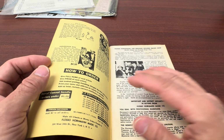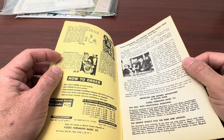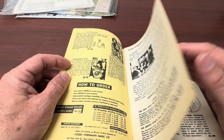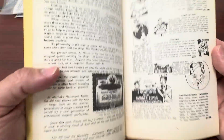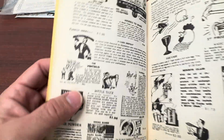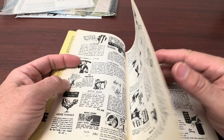To this day, I still regret it because it was a signed copy. Of course, I did obtain it later, but at a much higher price. I paid almost $300 for the copy I had. So it's a big mistake you make in life, and you can only think about it. But anyway, the Flasso Horn Magic Shop, as you can see here, is mostly magic tricks, but I'll go through the catalog here so you guys can basically see